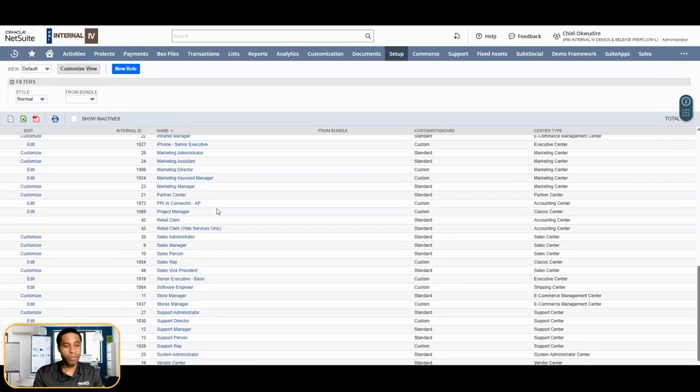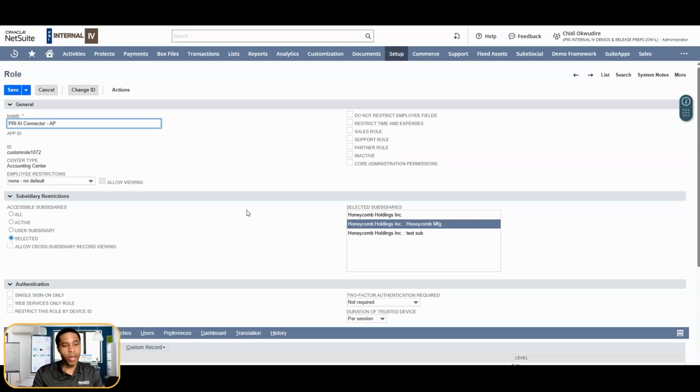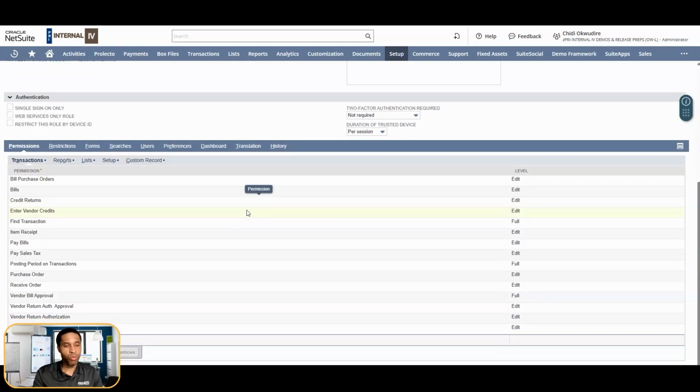And so that role should now be on my list. There you go, my PRI AR AI connector AP role. We have a role now, and so the next thing will be to decide on which features or what we want to expose. Again, because I started with an existing role, it's going to have some things pre-selected, but